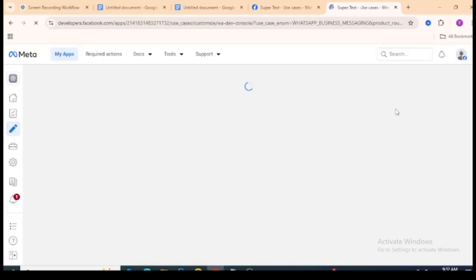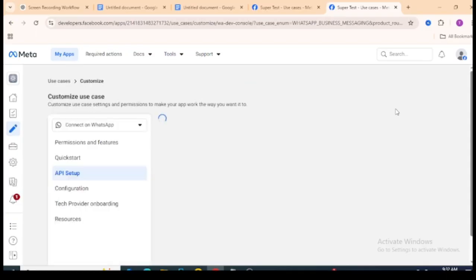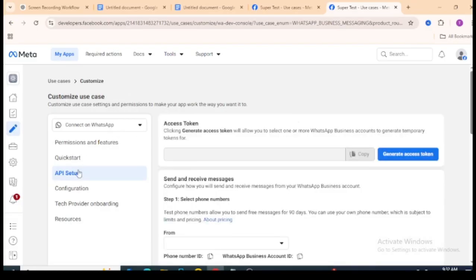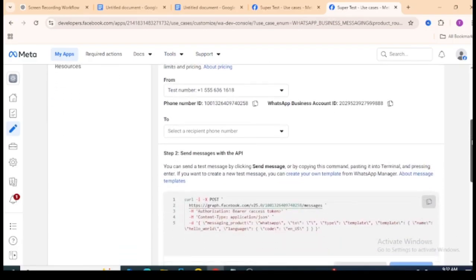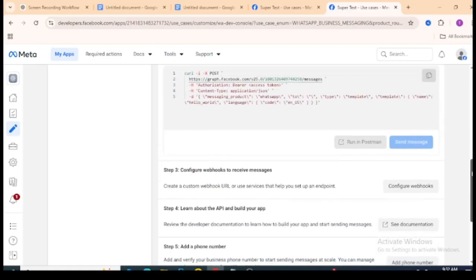So it says you're adding your first number and sending your first message. How do you do that? That's a requirement to send it. It's loading, as you can see. Notice we are under API setup, like I said. This is where you put in the recipient number. You can put in the recipient number right here, and then you can send the first message. You can tweak this one the way you like, and then